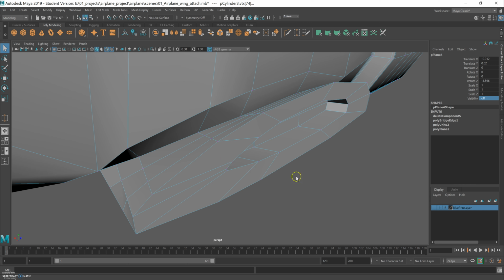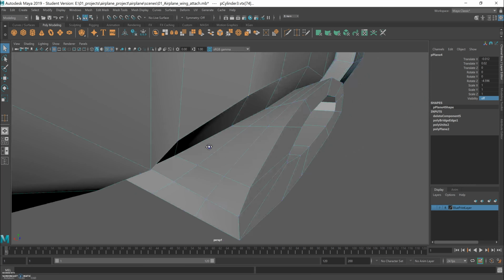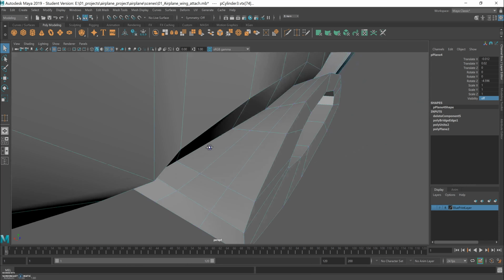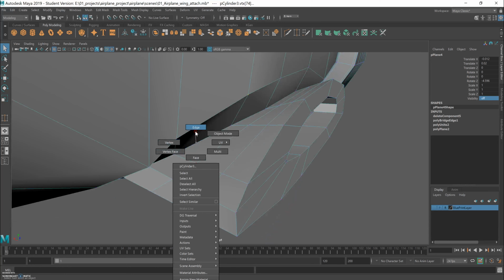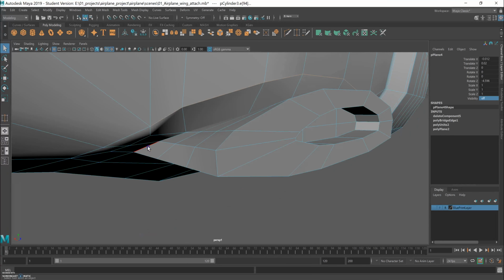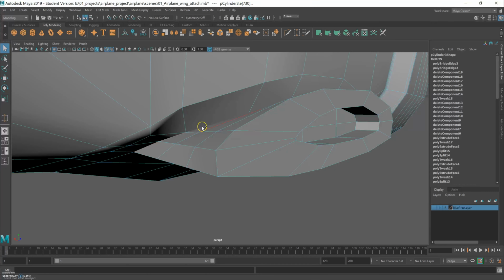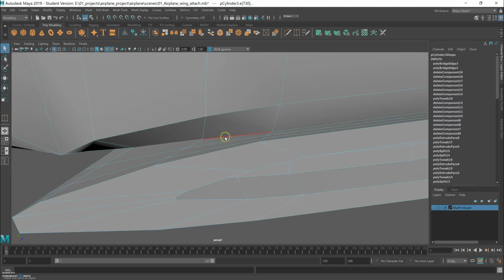So let's start by choosing vertex. I use the right mouse button to go to vertex, and this is quite sharp here, so instead let's change to edges, and I'm gonna bring this edge